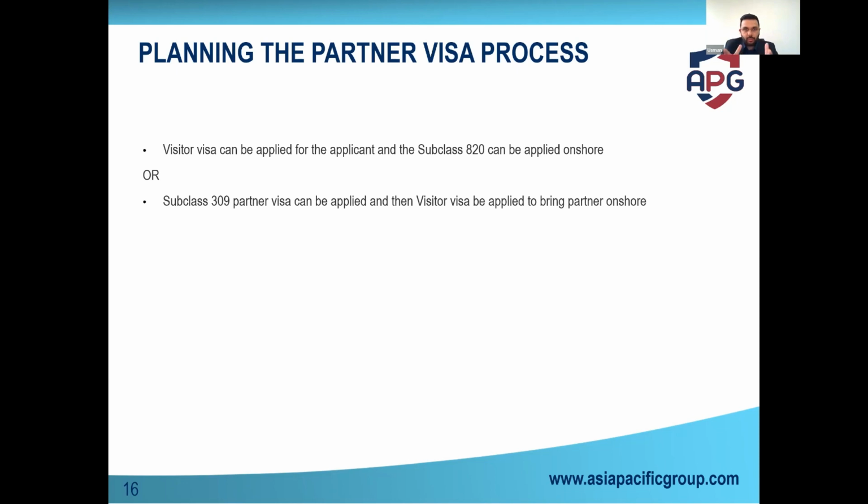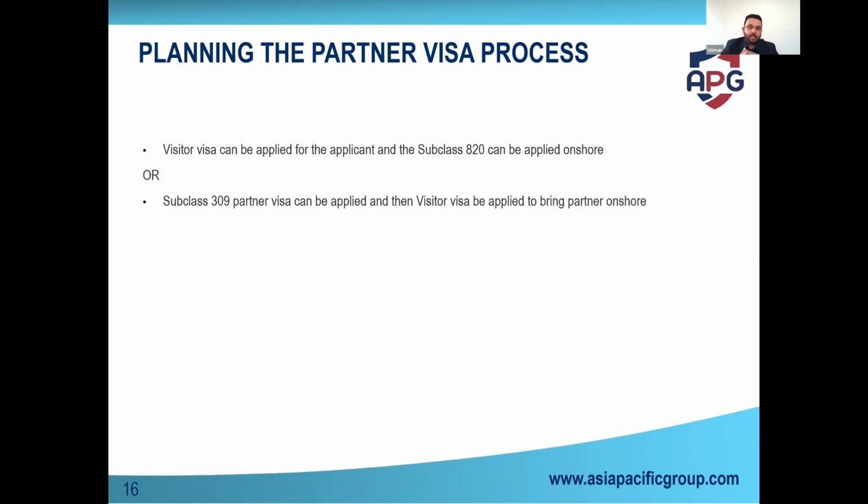And when they're here on a visitor visa, let's say for 3 months, they can apply the partner visa onshore, and they'll be on a bridging visa for almost 2 years, or as long as the visa processing takes. In this bridging visa period, they can obviously work, they'll have the Medicare card, everything, so they'll be in a very comfortable spot. But then again, they won't have a solid visa. Every time they have to exit the country, they have to get a bridging visa B and exit the country and come back. So obviously it's a bit of a hassle, but it is possible. But at least they can work full time, and they have a Medicare card.